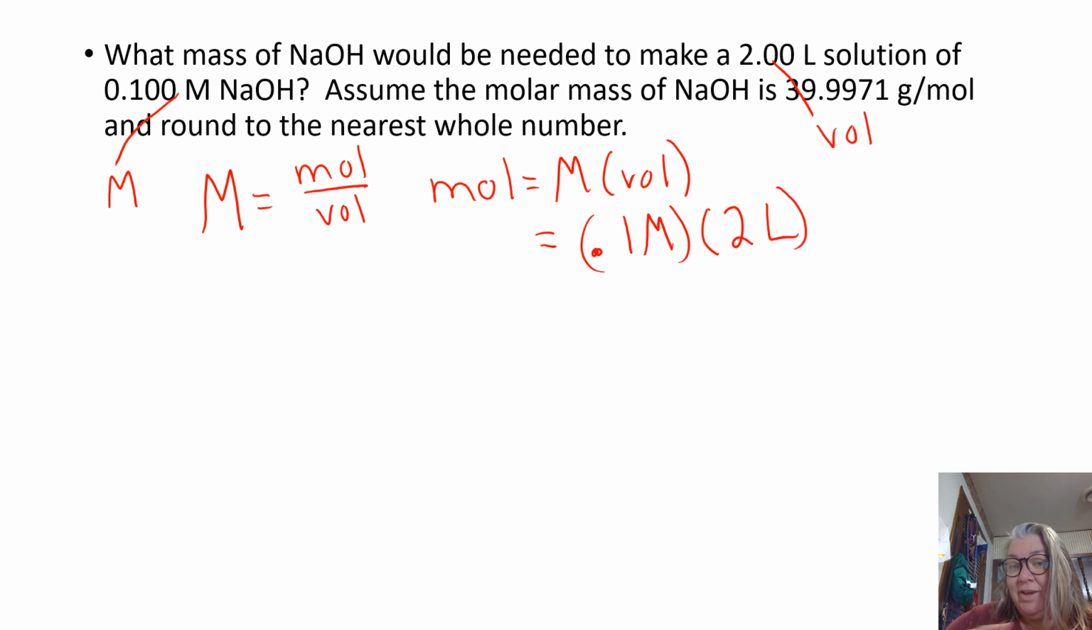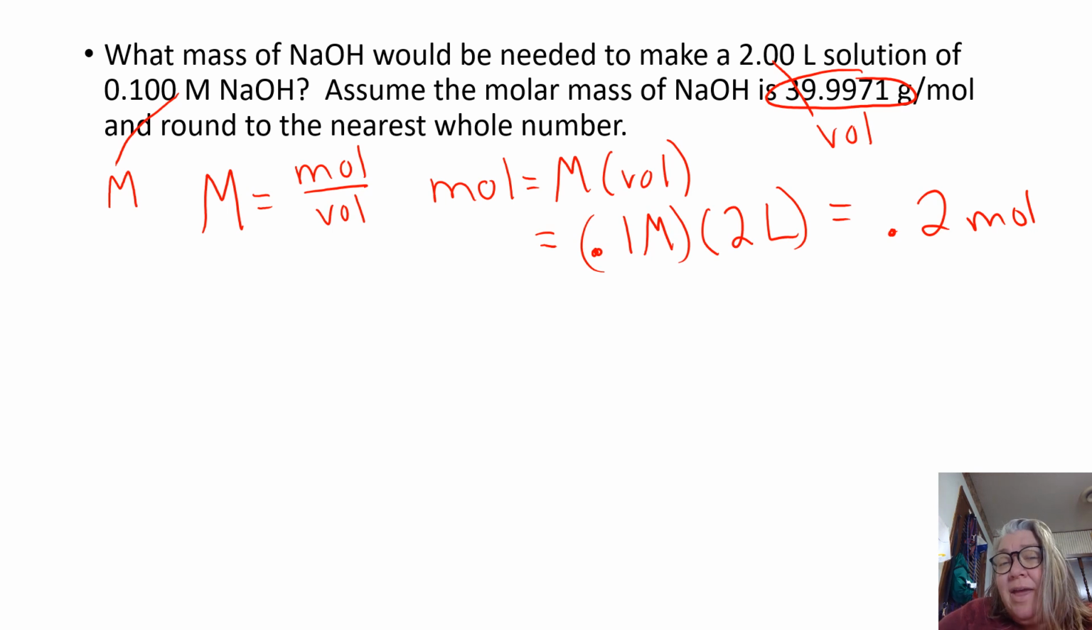Now I have a calculator, so let's do some math. 0.1 times 2 will give us 0.2 moles. And now the other thing that we have to do is figure out how many grams that is, because in the lab my scales won't measure in moles, my scales will measure in grams. So we have to find the molar mass. In this problem, they were very generous to you and they actually told you what that molar mass was. They said, hey, look, it's